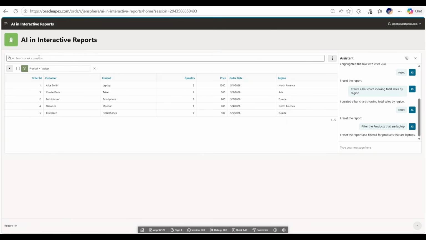So whenever we are asking a particular question, that question is being sent to the AI model, and that AI model is going to guide all these internal tools that are present within Apex already. The chart feature that we are seeing, the filter, the ordering and everything are the Apex internal tools which are available and which are exposed to the AI model. Based on the intent that we are providing, when I say filter with this particular keyword and then the column name, basically it is just guiding this particular interactive report to be filtered on this particular column based on this particular keyword. So only that